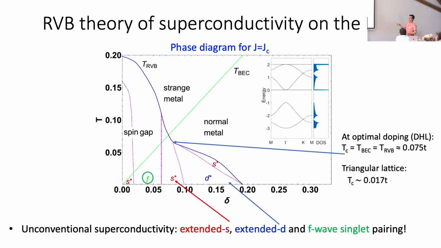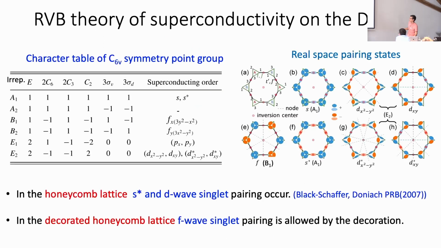Okay, I'm going to show now the real space configurations of this. Of course, when one says it's F-wave, normally one thinks of triplet, right? But this is actually allowed by the